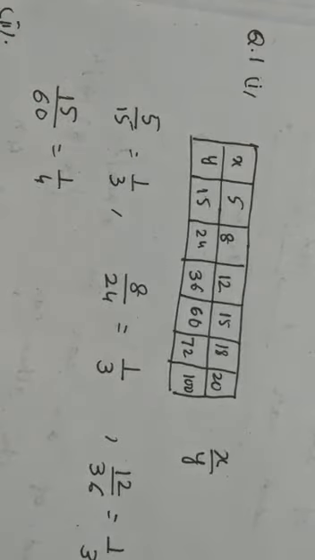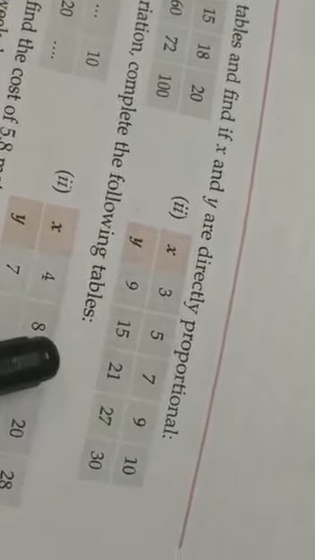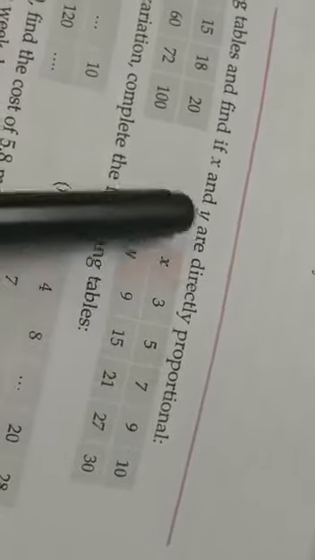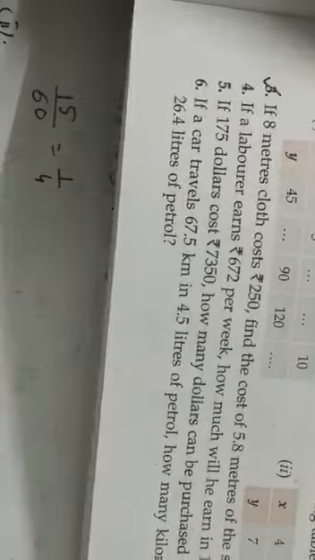Let me take one more question from here. Look at this one over here. Are these in direct variation? Just check. 3 by 9 is 1 by 3. 5 by 15 is 1/3. 7 by 21 is also 1/3. 9 by 27 is 1/3. 10 by 30 is also 1/3. So these quantities are in direct proportion. That is how you can check. If you have a table like that, and it is given that the quantities are in direct variation, you can make that also.